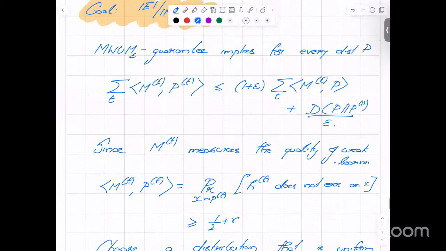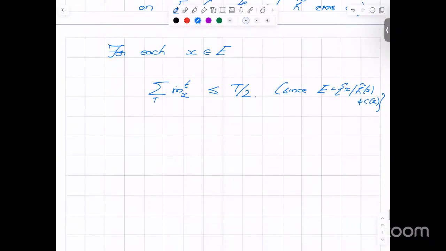So let's go back to this one. What we got was half plus gamma times capital T. If I put my weight on just the P guys, this is always P by 2. What did I want to say? So what I want to say is, at the end of this,